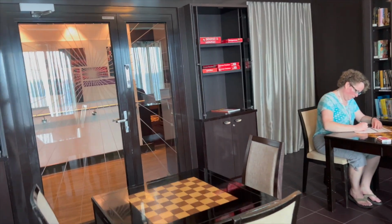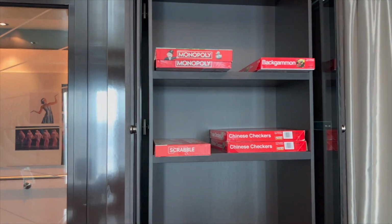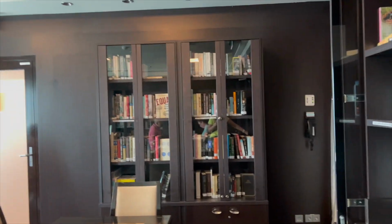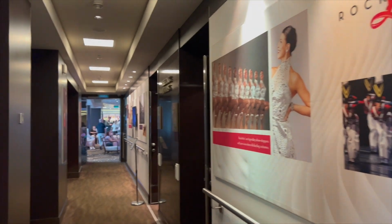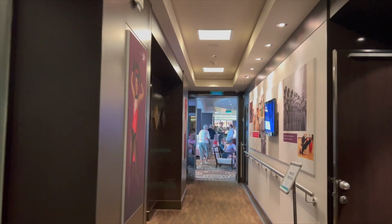They have board games available if you didn't bring your own. And also some actual hardbound books if you didn't bring your own and you want to read. Both this hallway and obviously the elevator area leads to